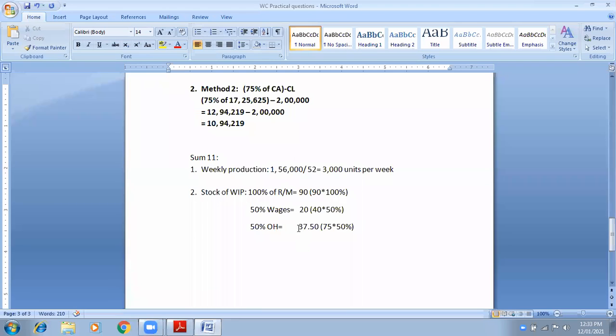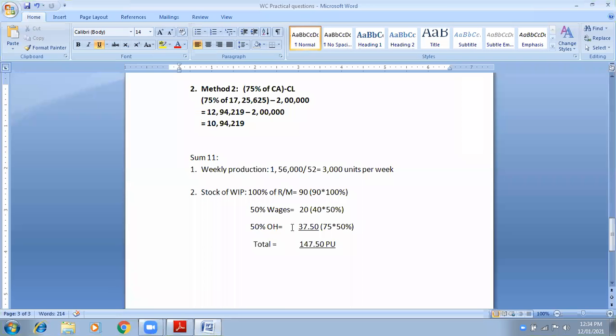So the total will be, can you tell me the total of all these three items? 147.50. So this would be per unit because everything is per unit, no? So this would also be per unit. Is it clear, everybody? Make this working note. I'm giving you 1 minute for that.